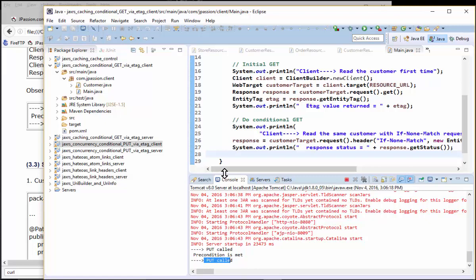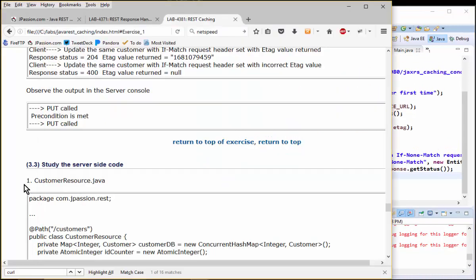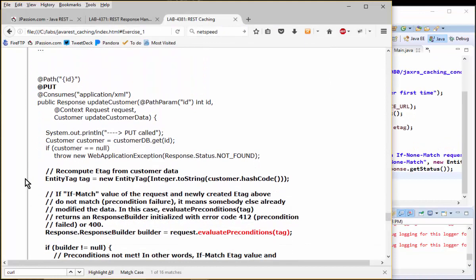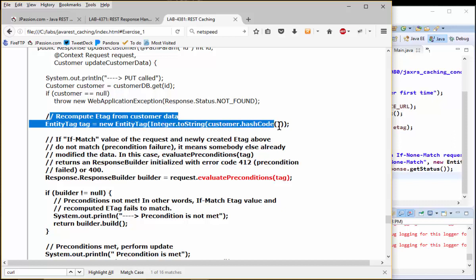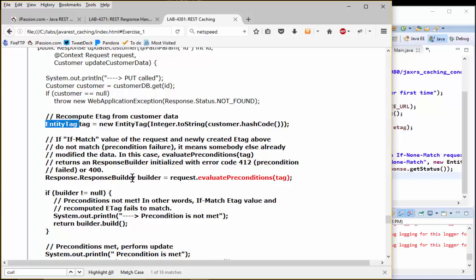So let me actually show you what goes on here. I'm going to use the server side code documentation. This is the update customer, and this is the PUT operation. What it does is it will again recompute the hash. That hash is going to be represented by this entity tag. And then it will again call evaluate preconditions with that